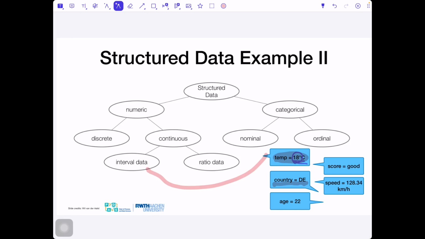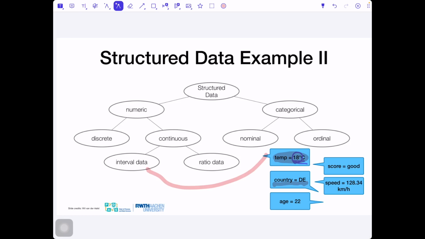If we take the temperature in winter in Siberia, which is minus 30, and the temperature in Germany in the summer, which is plus 30, then we couldn't logically tell that it is twice or 4 times as warm, since our zero is not logical.